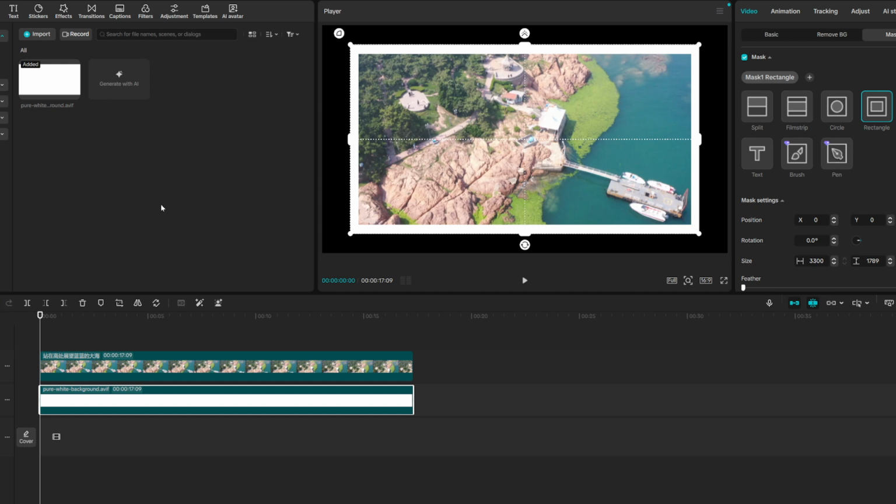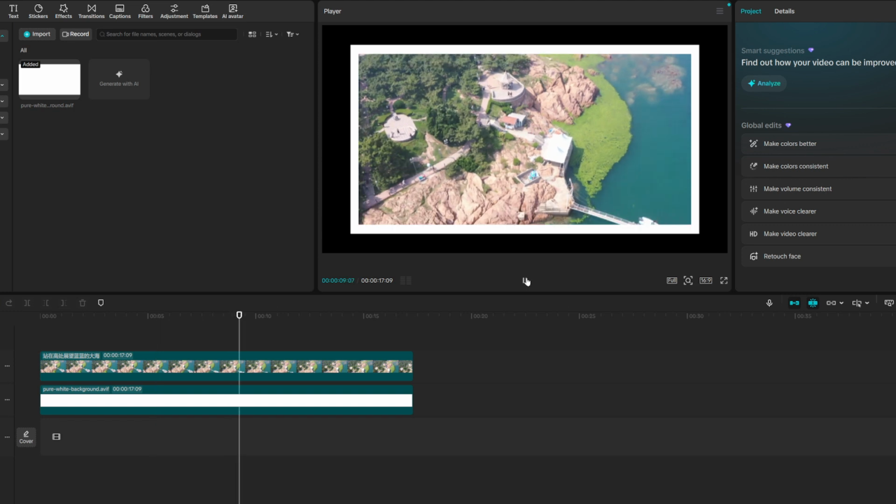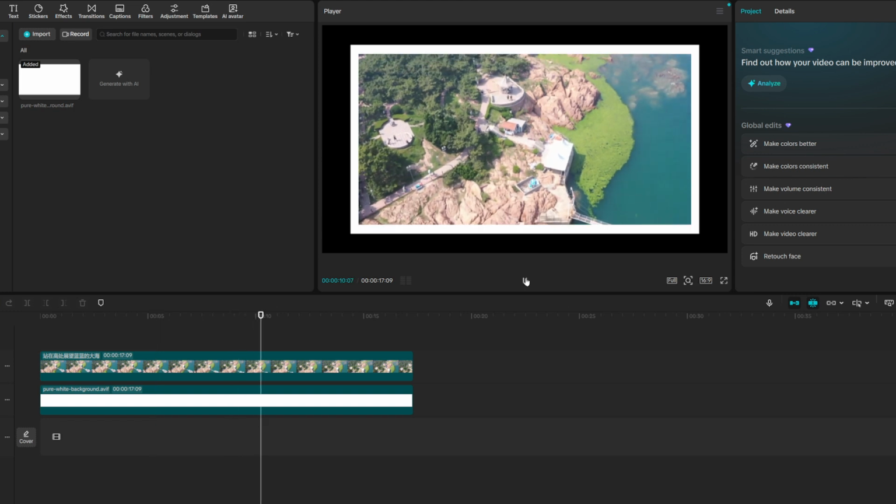Because the background determines the border color, you can quickly change the look by switching to a different background color before masking, like black for a cinematic feel or a brand color for consistency. If you're working with vertical clips or different aspect ratios, make sure the rectangle follows the shape of your canvas so the border stays uniform from top to bottom and left to right. Zooming in on the preview while adjusting the mask can help with